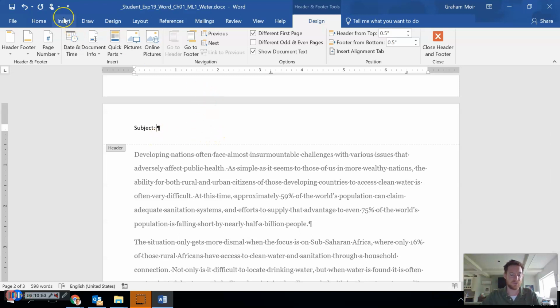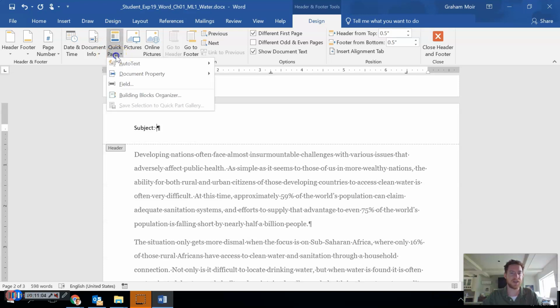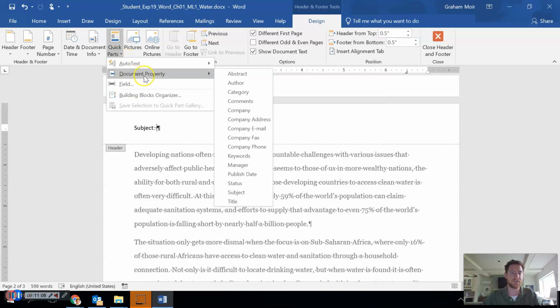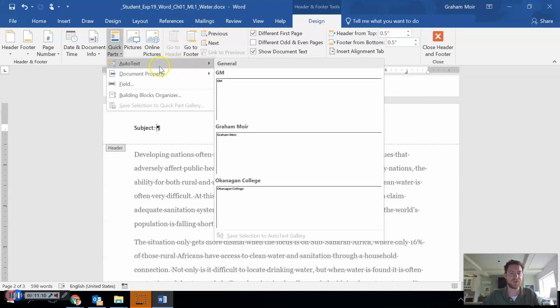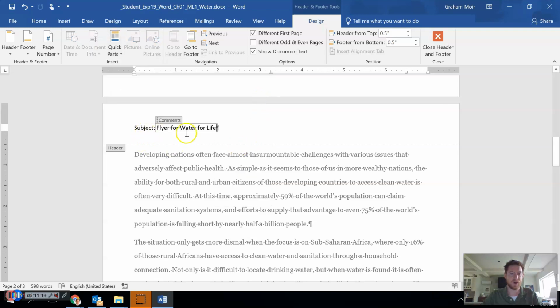So if we go to the quick parts, right here in this insert area, there's quick parts still in the header and footer tools, and click that. We'll see document property here. There's also other things like auto text where you can put your name in and stuff like that. But we want document property and then comments. So we'll click that. And now it automatically entered the comment that we had put in the document properties, which